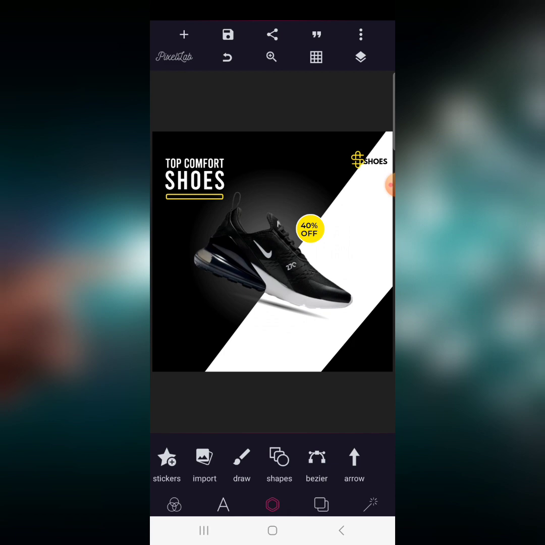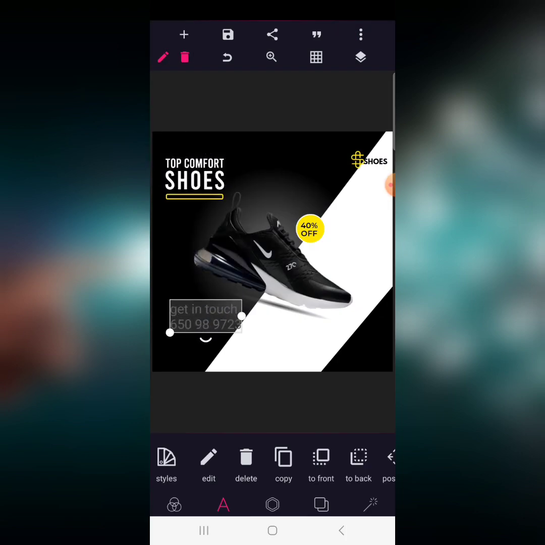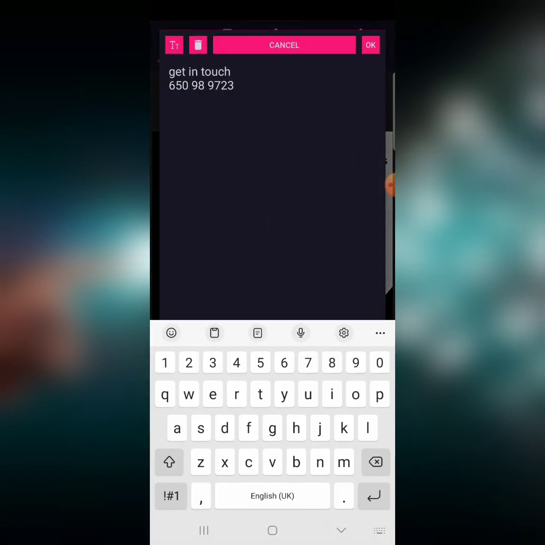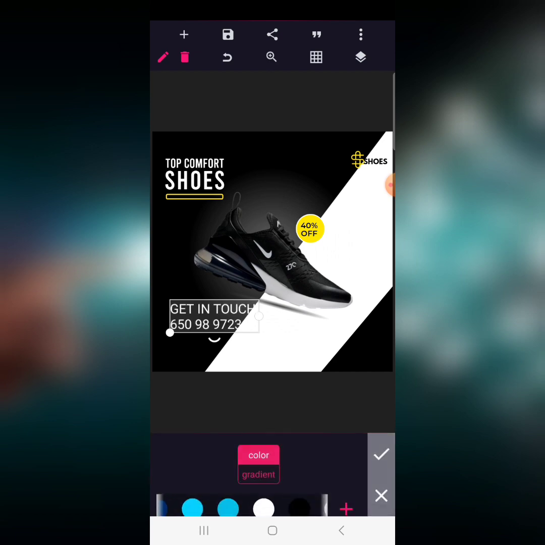Cool. Now up next, we're going to click, double tap to write. So I'm going to write get in touch. If customers want to get in touch, how can they? A call to action button. So I'm going to get this call to action button by writing get in touch. Then on next line, we're going to write the number. This is a good way to engage more with clients, and that is what, as a designer, you must pay close attention to. And we're going to give it a white color still,